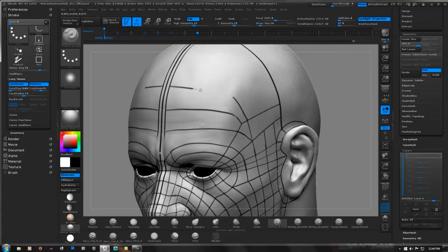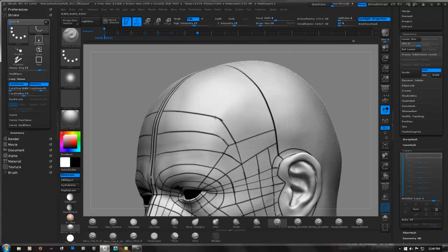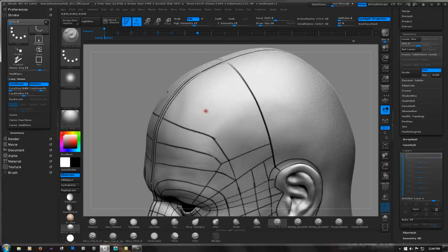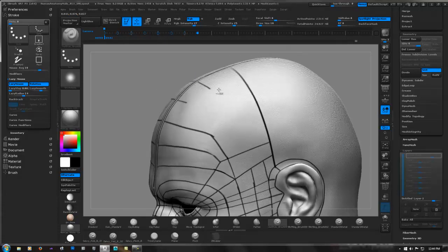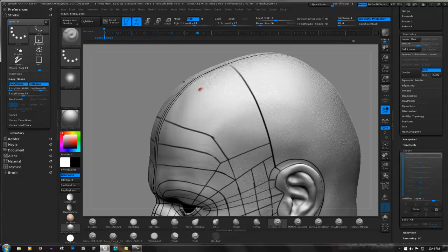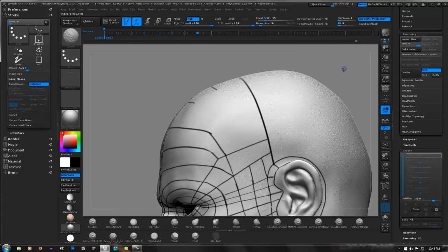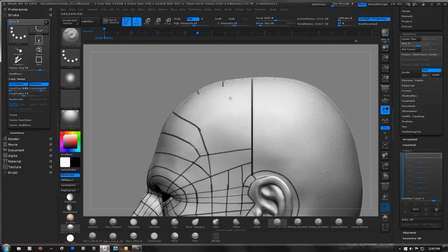Going to need another one right over here. And at least another one. And another one. So, yeah, this may work. Can spread them a little bit better. It's a little too spread out for my taste, but